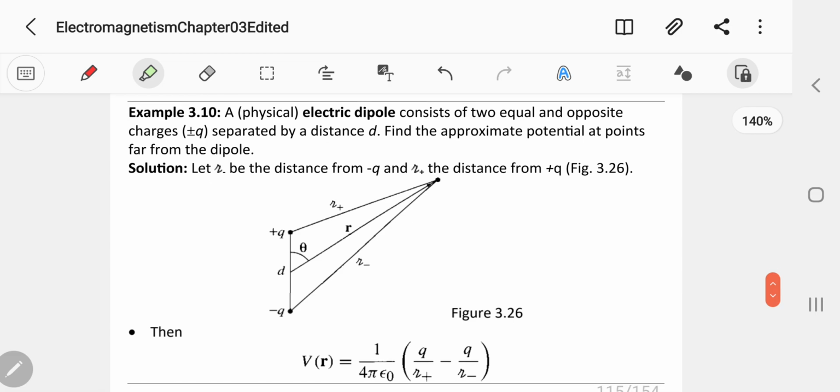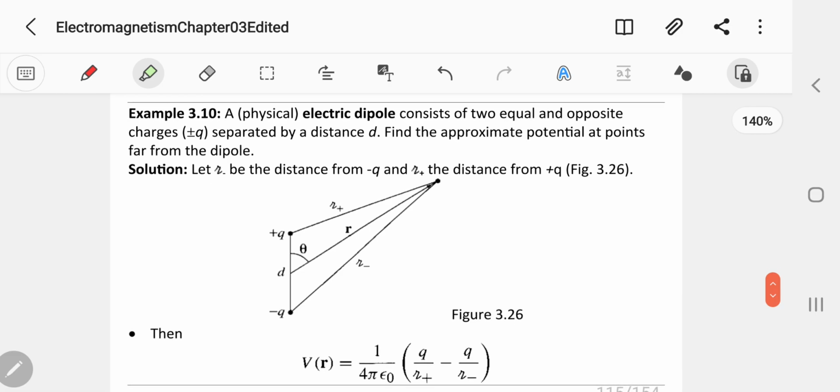Let's take this example. We have a physical electric dipole. A dipole consists of two equal charges, one positive and the other negative, so they add up to 0. So when you go far away, the total charge is 0, but the electric field,